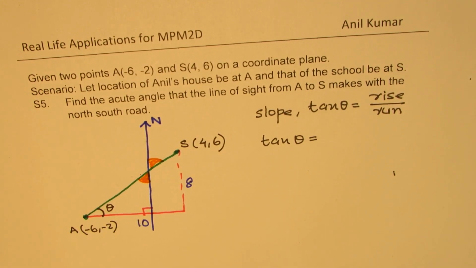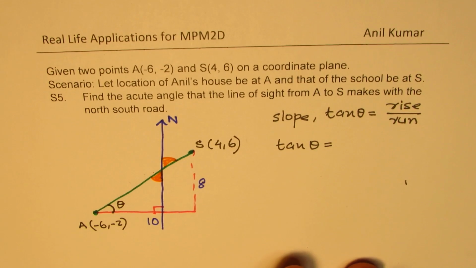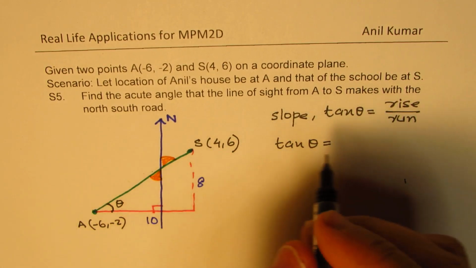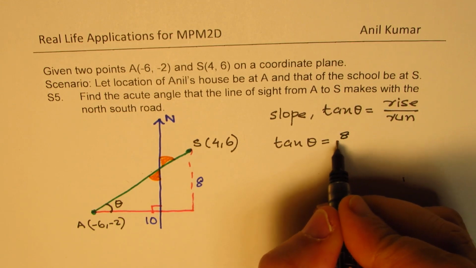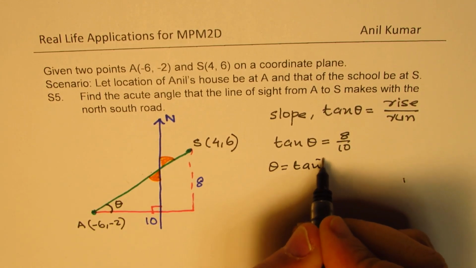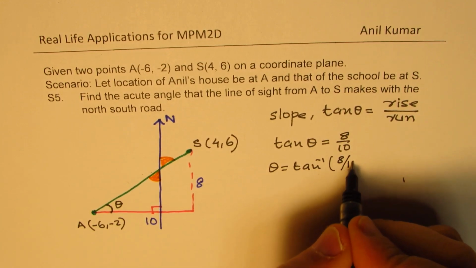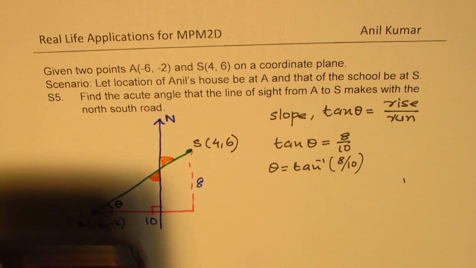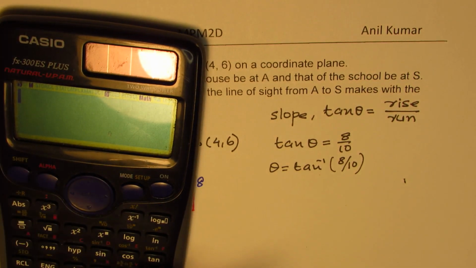So the value of tan theta, as we did earlier in calculations, is rise over run, 8 over 10, correct? So theta is equal to tan inverse of 8 over 10. You could simplify this, however in ratios it doesn't really matter. So we'll use our calculator, shift tan inverse, 8 divided by 10 within brackets, is equal to